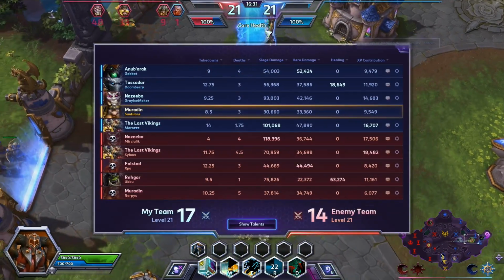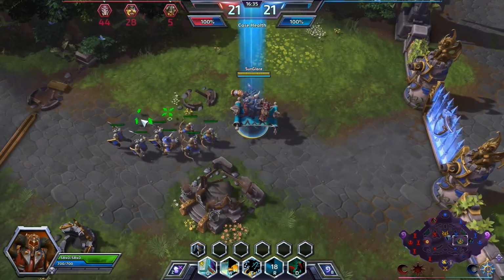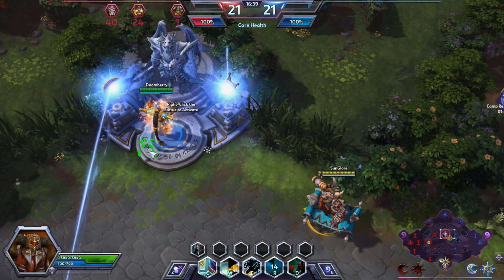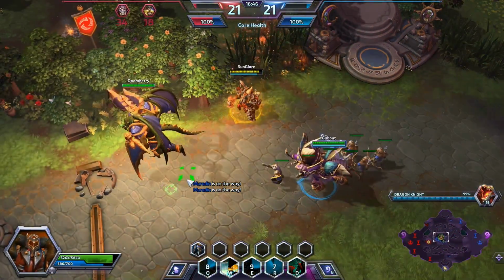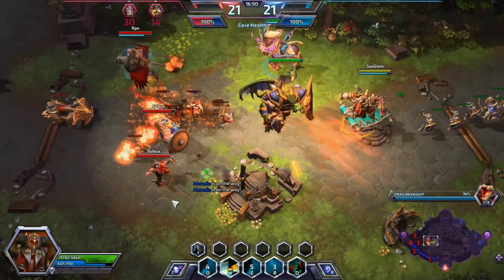We are even in experience, but we are behind in keeps. We lost 2 keeps? Go ahead, Tassadar, go. Let me pick that, please. Falstad was here, so it was nice for him to take the Dragon Knight, because if he had to wait for me, we would not have gotten it. Anyway, they still have a dead Nazeebo and a dead